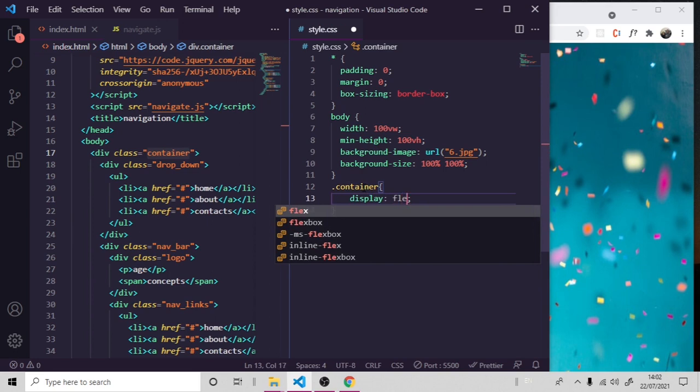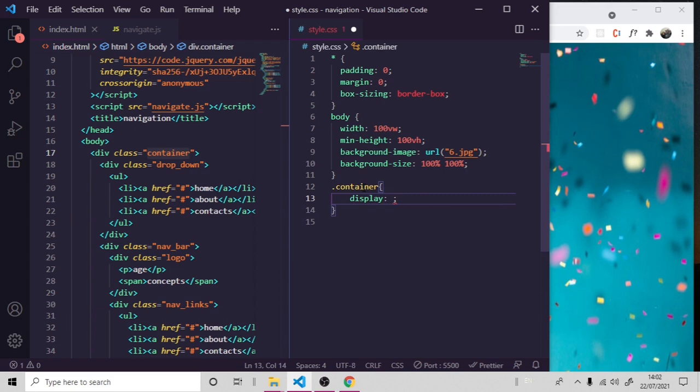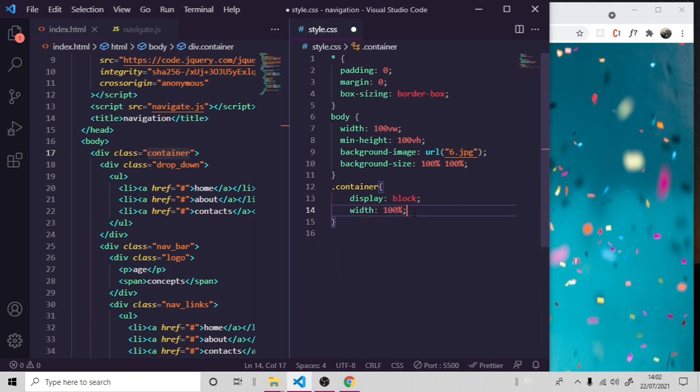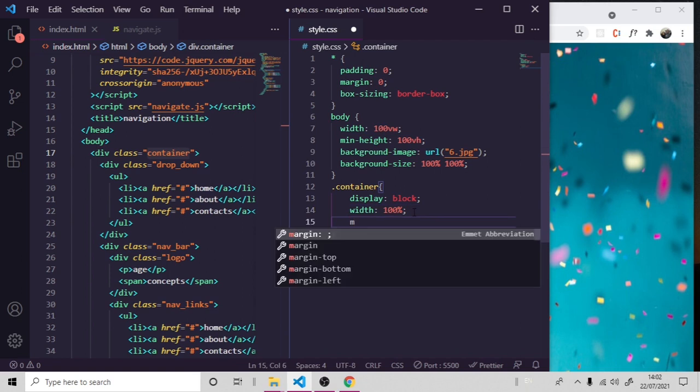Yeah, let me just use block. Block is the right display. Then width is going to be 100% of the parent. The minimum height is going to be 100